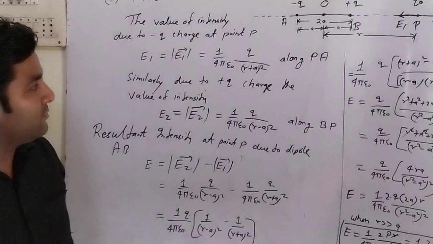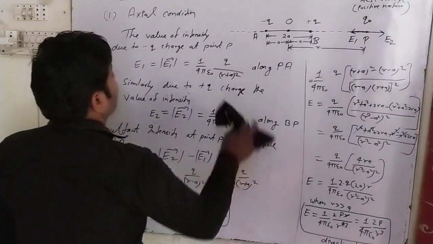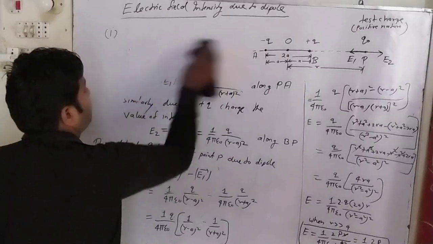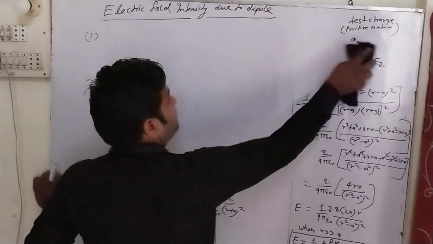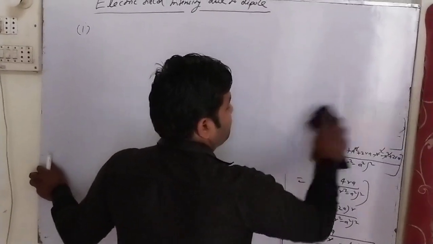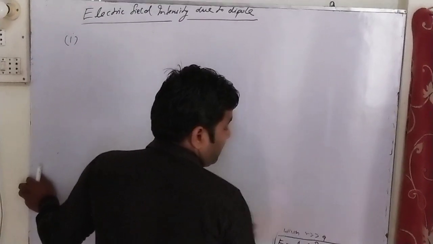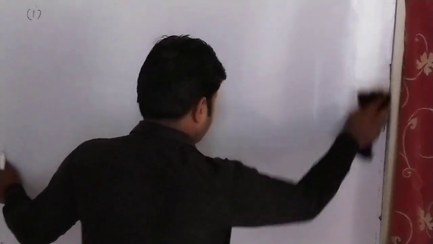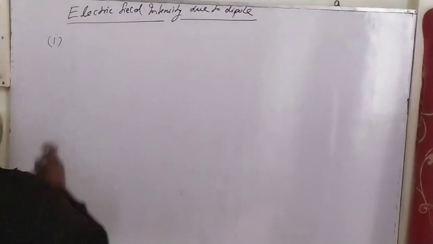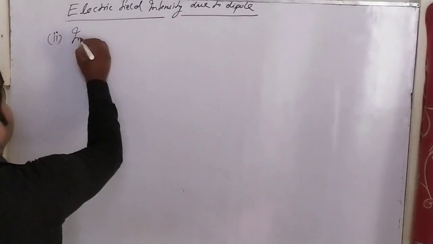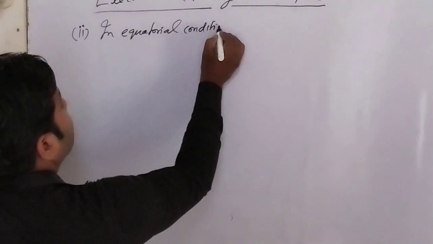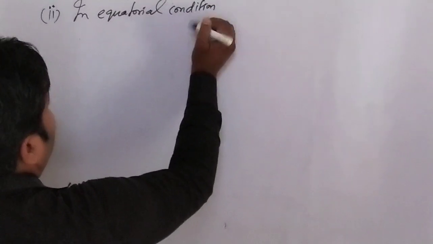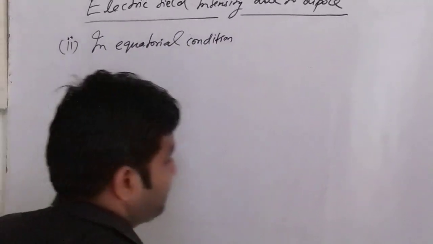The equatorial concept is very easy also, only one diagram concept is important. Then we will discuss the equatorial concept after this. In both cases there is a relationship between the equatorial and axial conditions. Just after calculating the formula we will discuss the relationship. Now the second condition, the equatorial condition. Very easy concept. Only once the diagram concept is clear, the derivation is very easy.